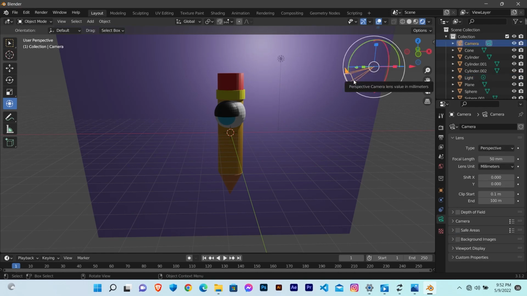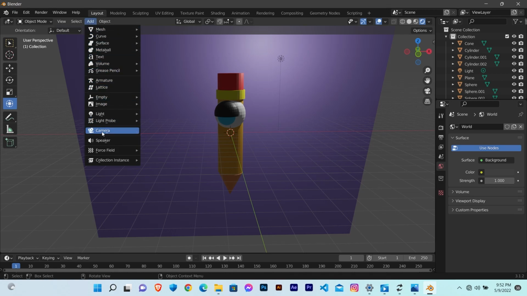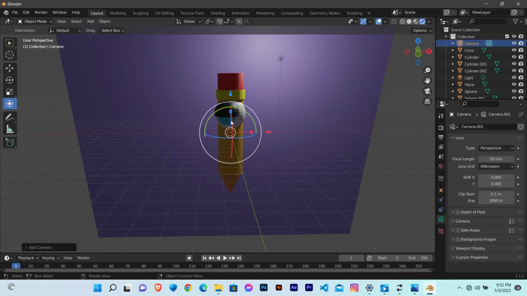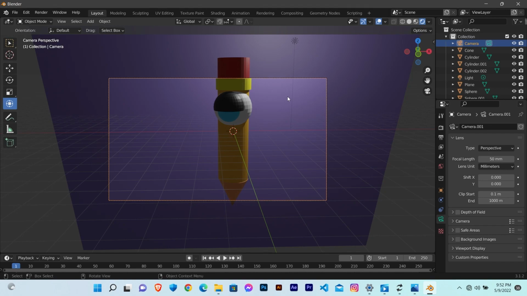We don't need this yet because it's going to be hard to start aligning this camera in perfect position. Now we're going to be adding another camera. I want to click on add. I want to scroll down to camera, and you can see we have the camera already set up. So now on your keyboard, you want to click on Ctrl Alt Numpad 0, and you're going to have this